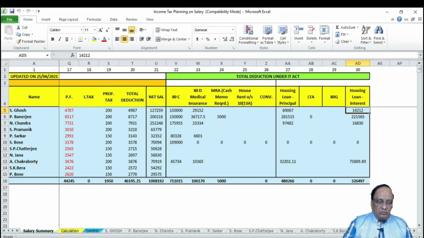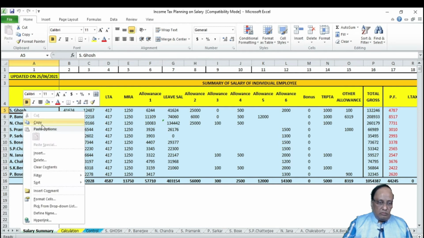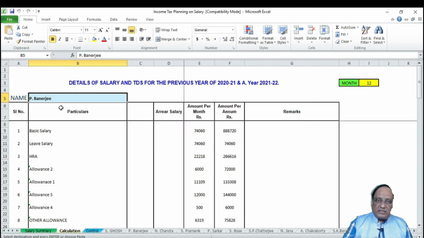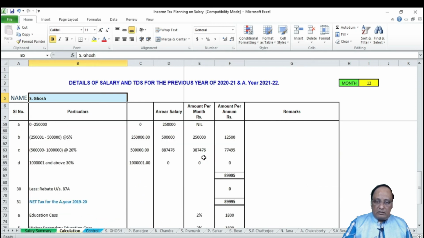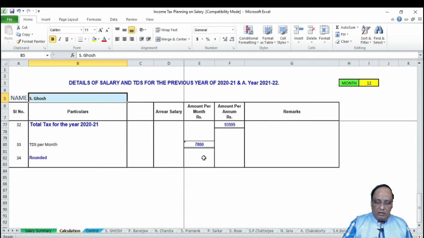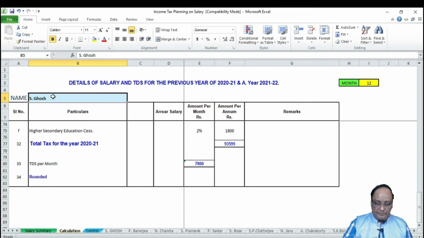Now what do you have to do? You just take a copy of this name, Mr. Ghosh, and in the next sheet, the calculation sheet, you just paste this name. Every detail, every calculation you will get. You will find out his total tax for the year and what should be the monthly tax.